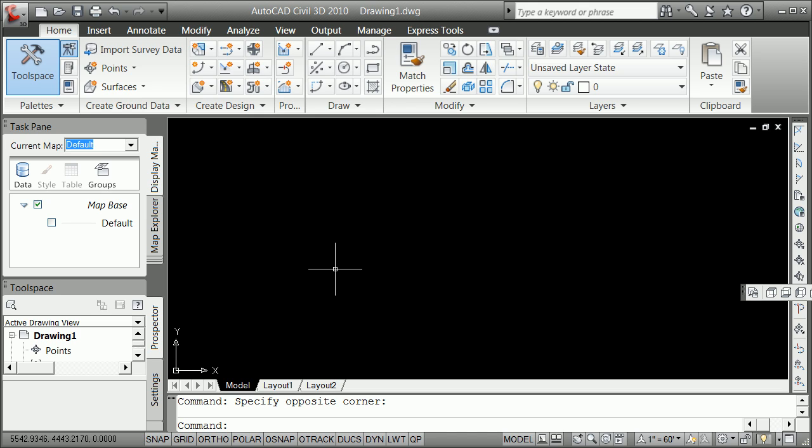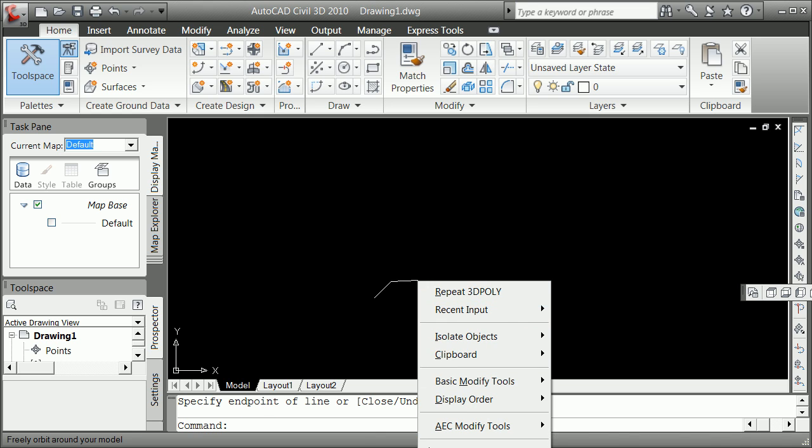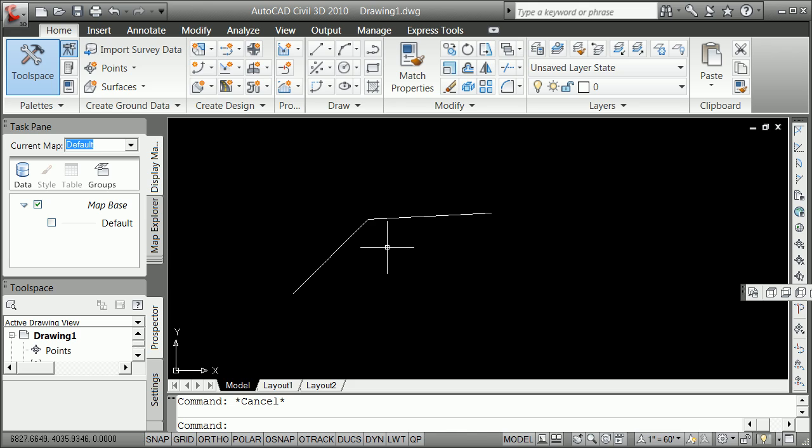So I'm just going to go ahead and put in a 3D poly and see if the sweep command will work. So I'm going to do a 3D poly from a dot XY of this point and an elevation of 1,000, right? And then I'm going to say at 500, angle 45, angle 5 degrees. That's going up in the space. And then I'm going to say from the dot XY to the dot XY of this, and I'm going to say, I don't know, 1100. Right? I've got now a 3D line there, a 3D poly,